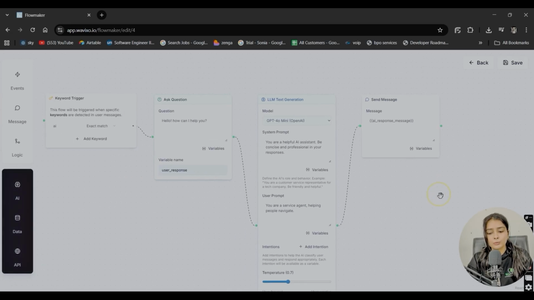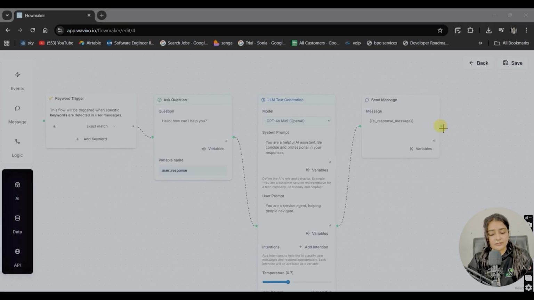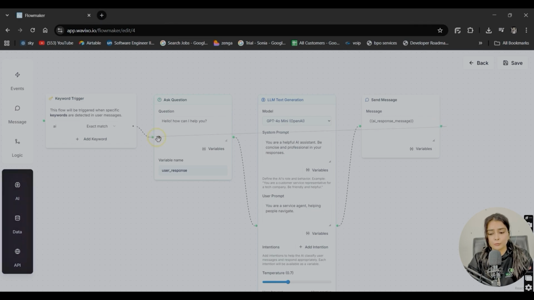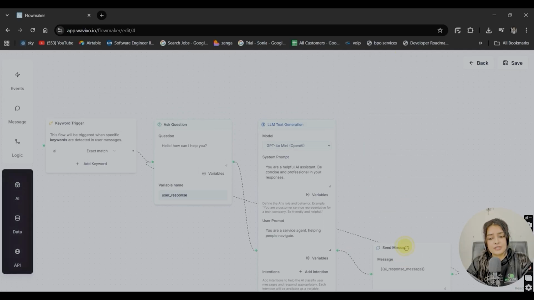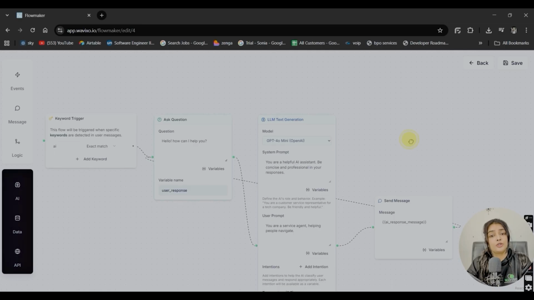You can also route the chat to live agents, escalate the support group, or simply end the flow. For now, we are creating a loop to keep the conversation going. This is a basic AI powered flow, but you can scale it up with session management, dynamic variable, and multi-turn context handling depending on your use case.